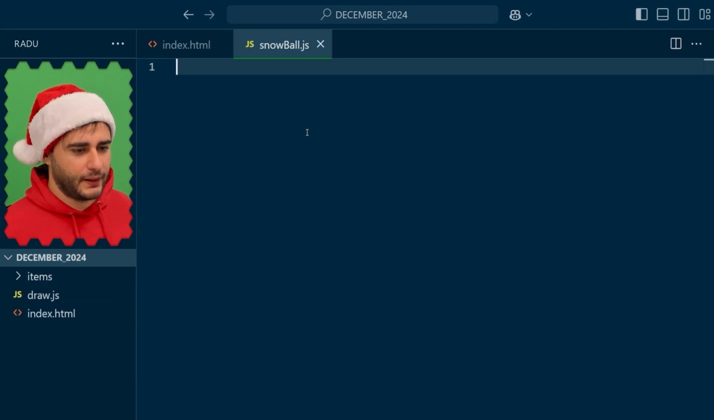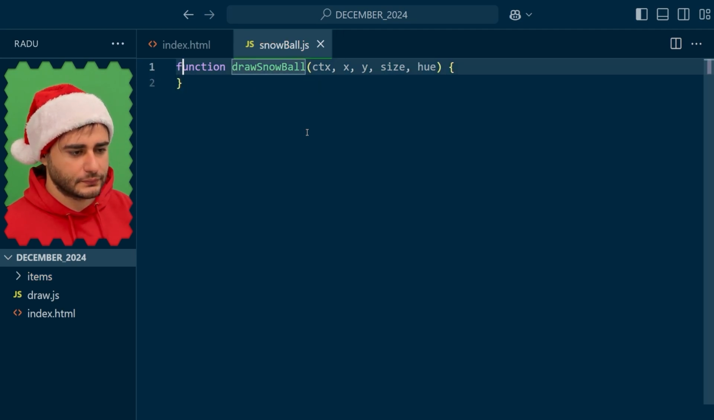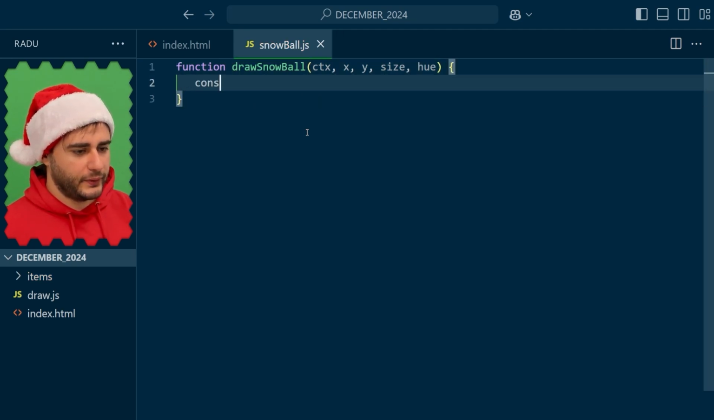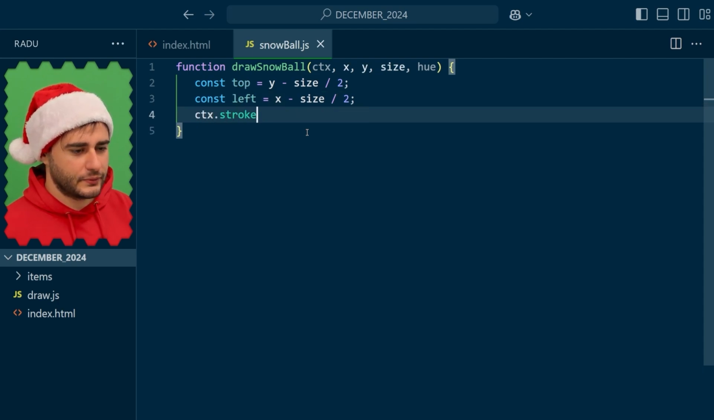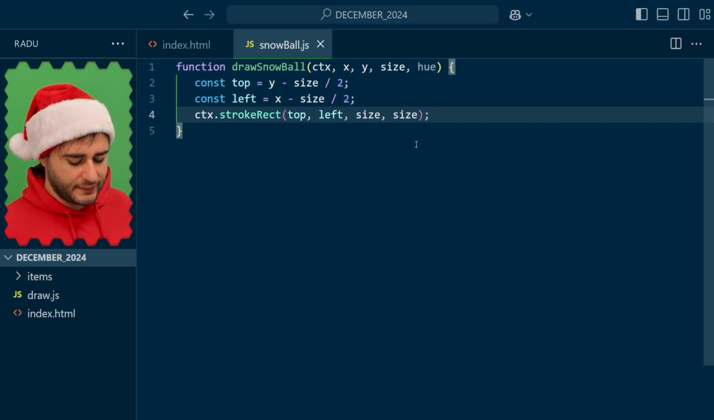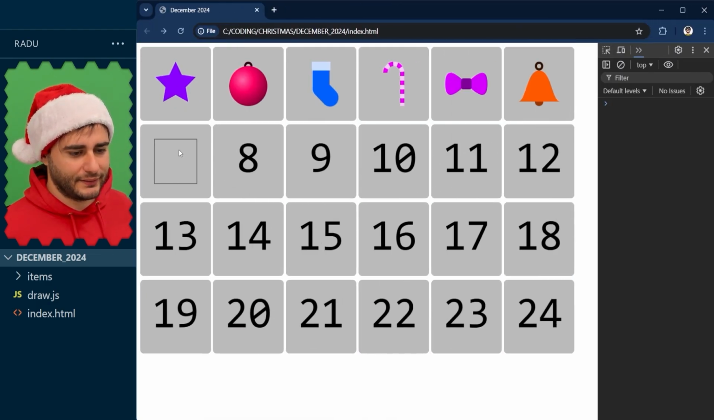And let's write a quick function for drawing the snowball with the context at the XY size and hue. And we'll begin with the bounding box. I'm getting these top and left helper variables to draw the rectangle, which is a square. I'm just reusing the size both for the width and height. Save, refresh, and now this shows the bounding box here that we can use as a reference when making the